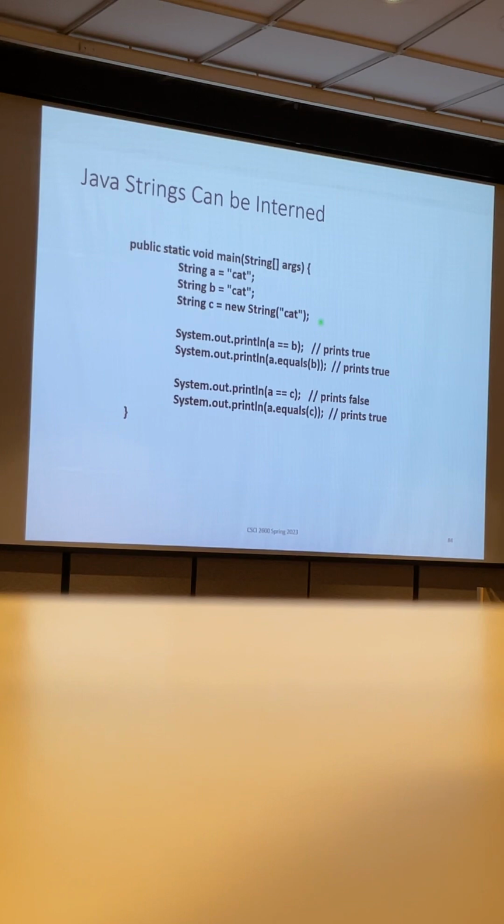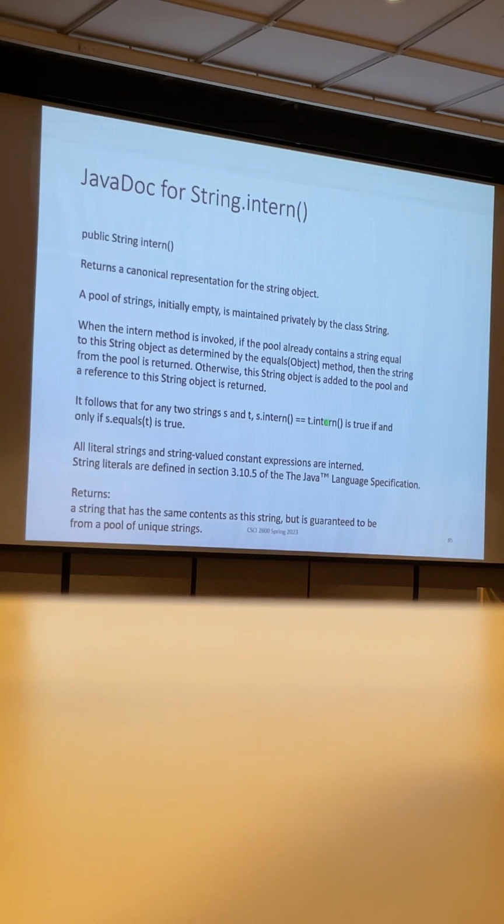It's going to have the same state, the same value, but it's going to be a different object. So A and C are not the same object, so this prints false, but they have the same value. So if we call equals, it prints true. All right,